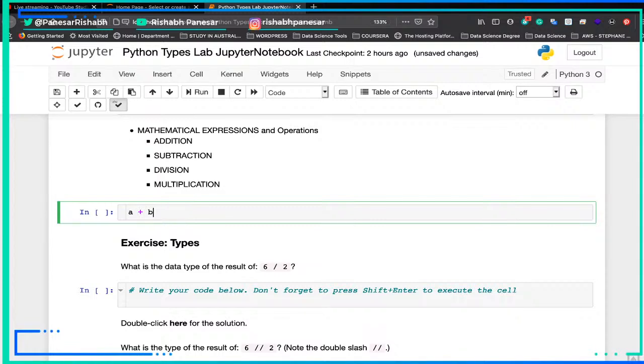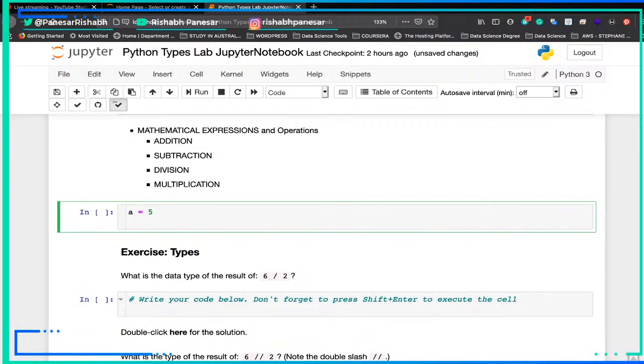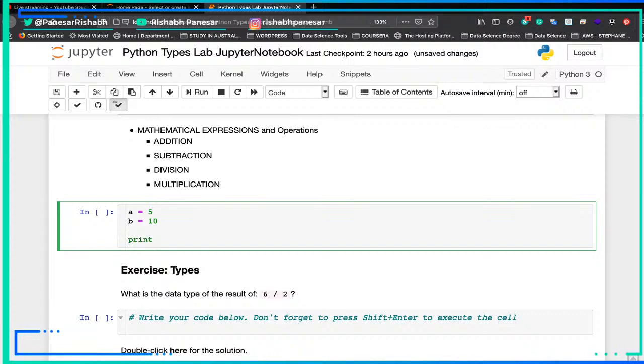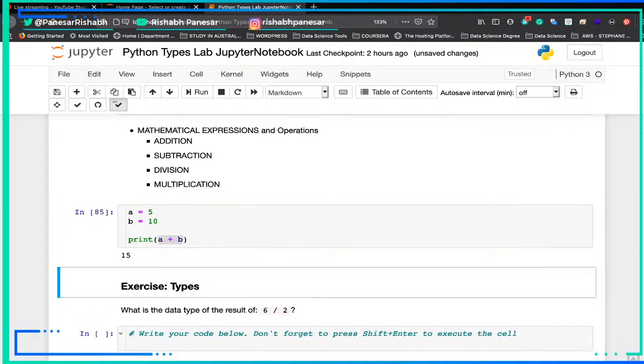So let me store the values: A equals 5 and B equals 10. Now I will print the value of A plus B. Python sees this expression, and expressions tell Python what to do. If I use the plus symbol, then it will add the two operands. The operands are A and B and the operator is plus. Now if I print